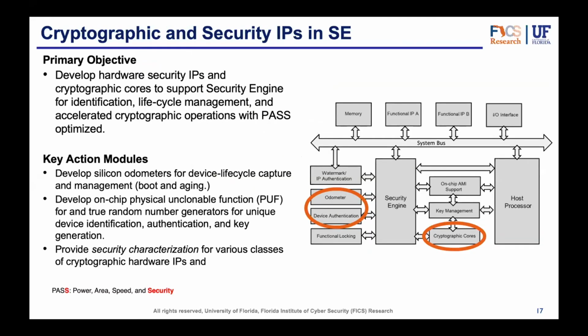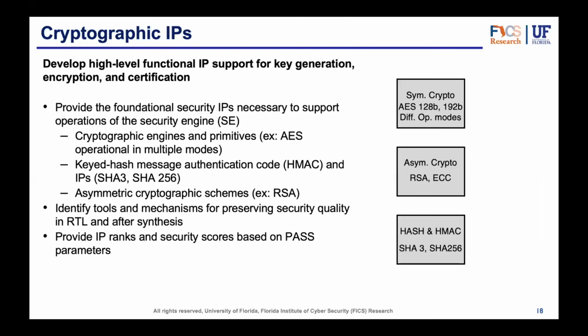There are other activities within the ACE project that Fix is working with. One is also the development of security IPs. There are about 10 to 12 different types of security IPs that are envisioned to be developed. These IPs are generated statically at phase 1, and they become configurable with PPA optimized in phase 2. And then there will be generators in phase 3, where all you need to do is enter your PPA values, and the tool automatically generates an IP optimized based on that metric.